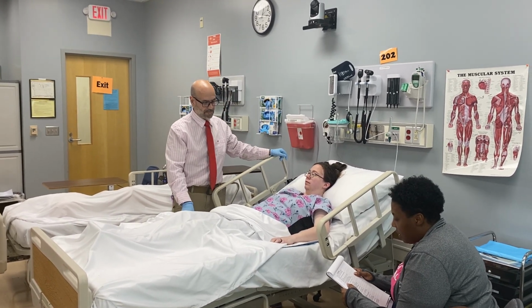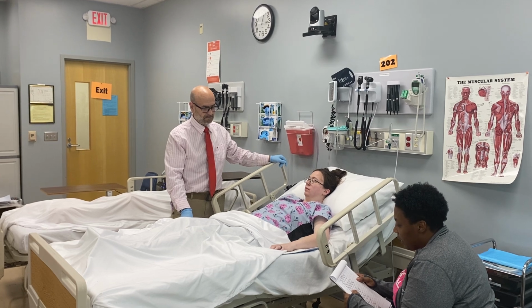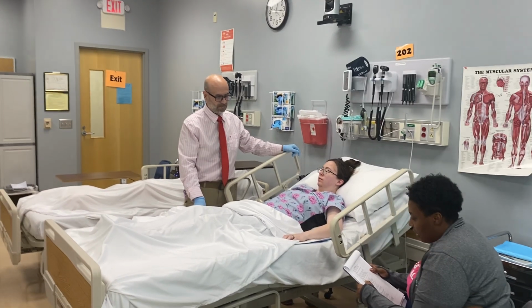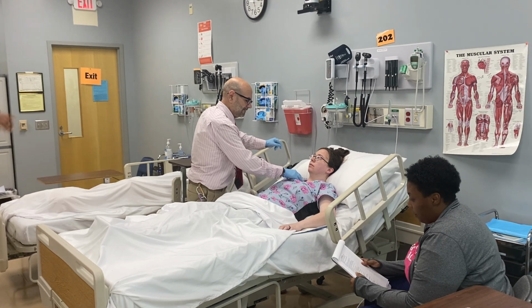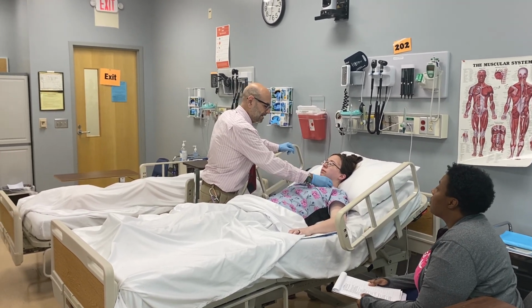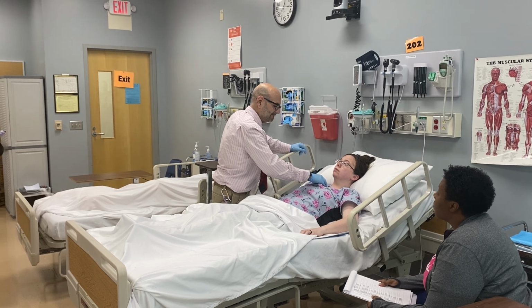Auscultates the breath sounds listening anteriorly 8 to 10, posteriorly 10, and laterally 3. Isn't that supposed to be 4? Okay. Notes quality of sounds, adventitious sounds, and equality of auscultating left and right breath. I'm auscultating the breath sounds starting at the front, at the anterior. I can even auscultate the tracheal sounds, and then at the top of the apices of the lungs, I can listen for